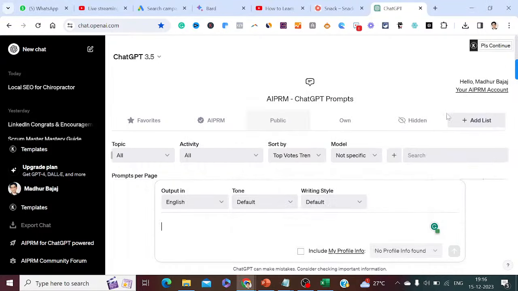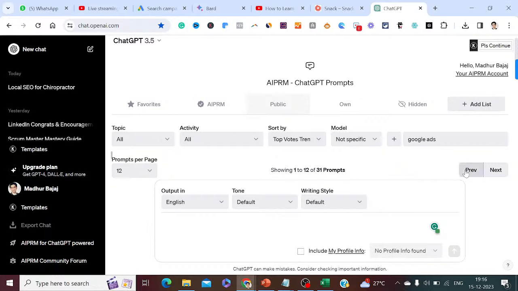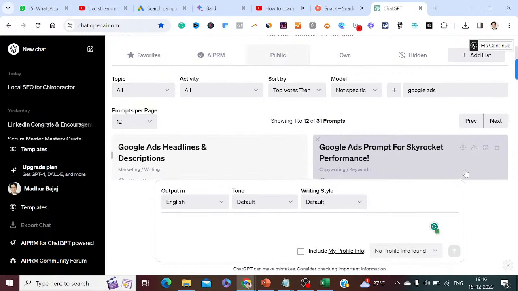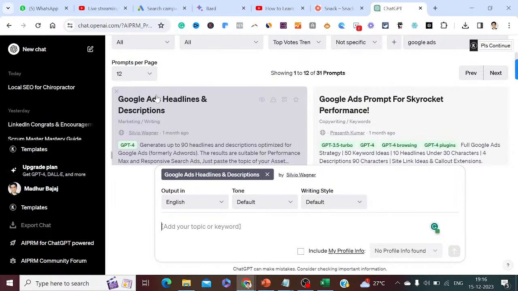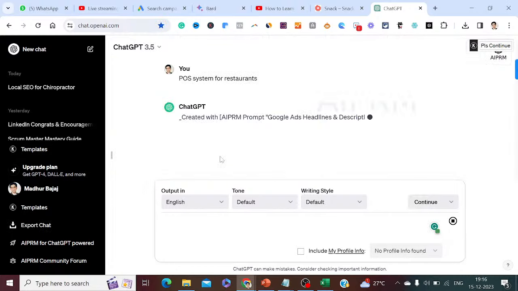Okay, here it is. Type here Google Ads headlines and description. Okay, add your topic or keyword. See here as POS system for restaurants. Okay,